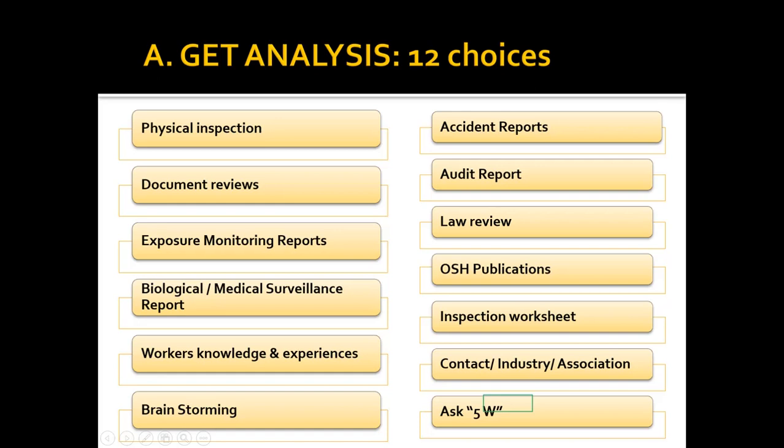So number one is gap analysis. In the gap analysis, we have 12 choices.